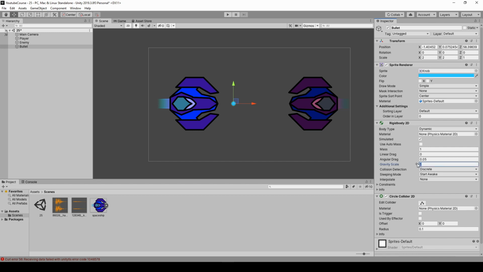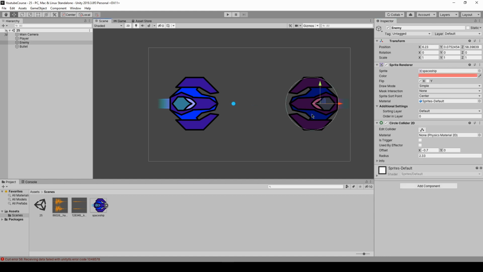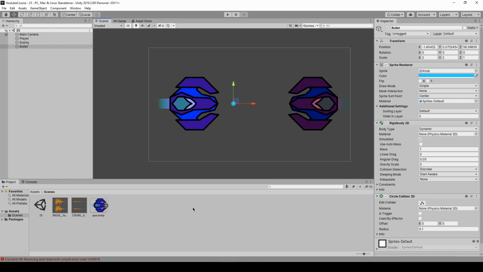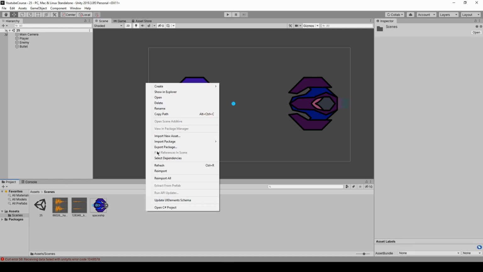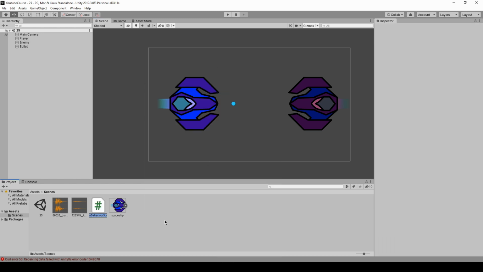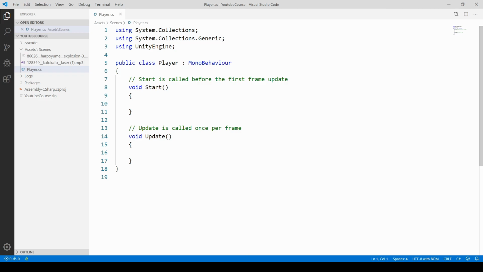It should be gravity scale set to 0, as we don't want this bullet to fall down. Our enemy has a collider. Okay, so let's add the first script to our player. Just create a C# script and call it Player, open it, and we want to shoot our bullet, but I